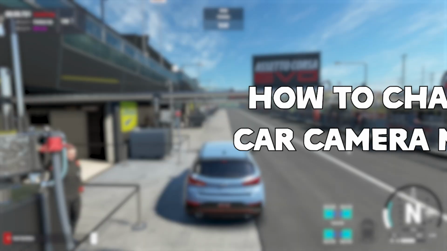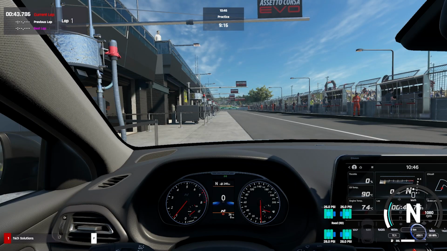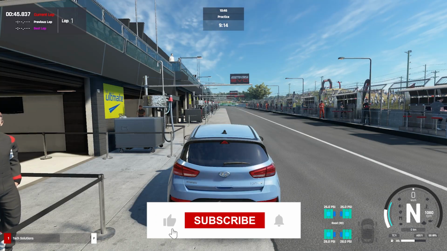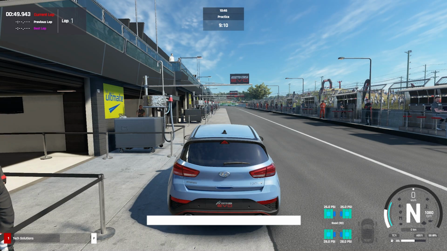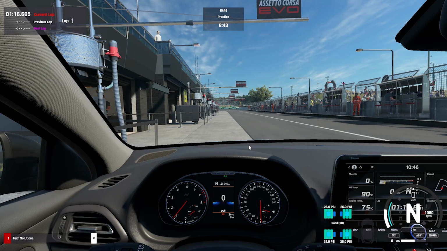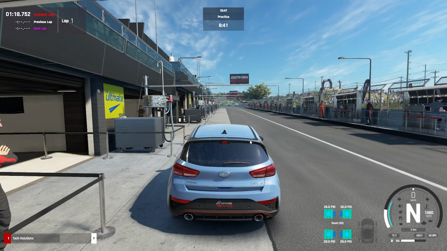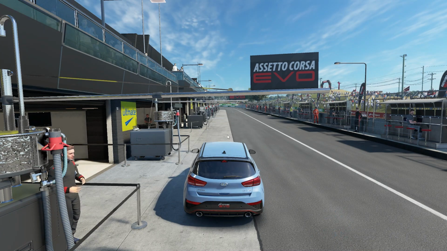I'm going to show you how you can change the car camera mode on Assetto Corsa EVO. So this works for any controller. If you are using your keyboard and mouse, if you are using a controller or a wheel, this will also help you. So on keyboard, the default key is F1, but if you want to know the key for your